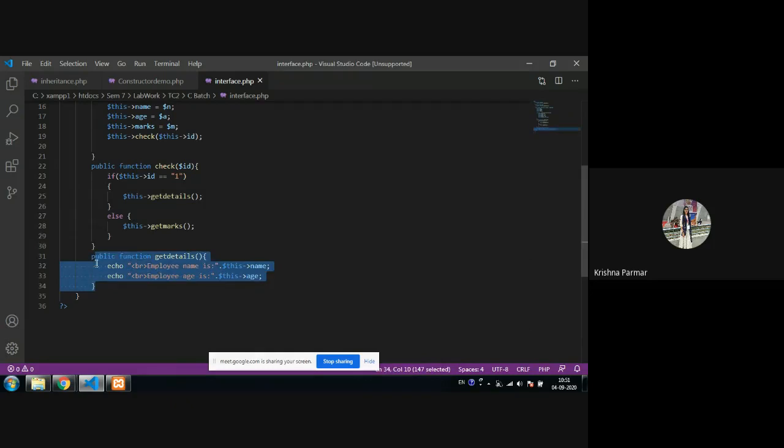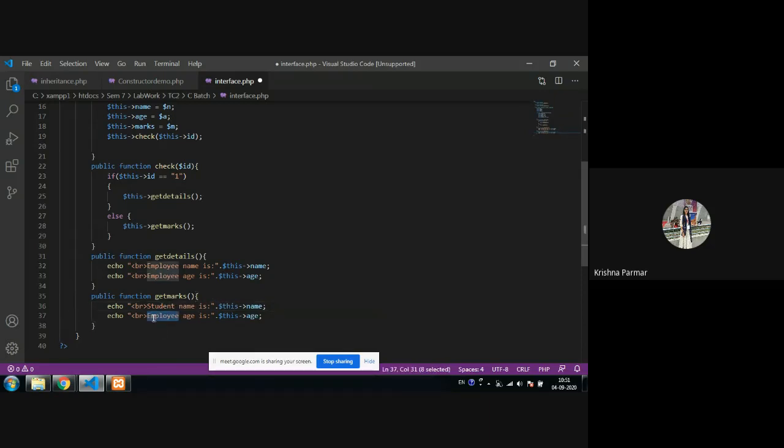Again, I'm just copying this function so that we can do it for the students. Here the name is get marks, and here the student name will be fetched. So student, okay, again here student.